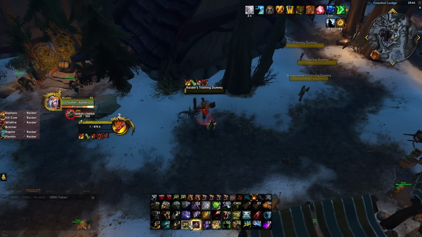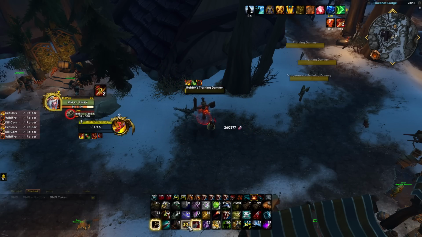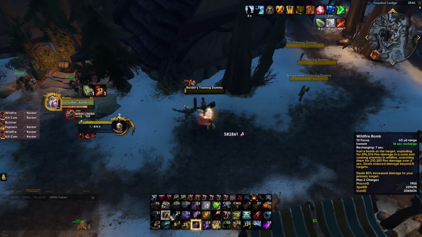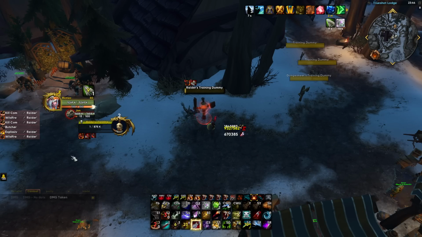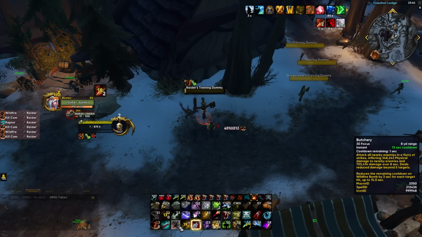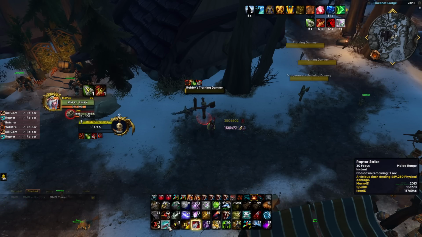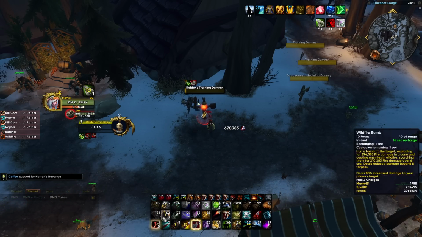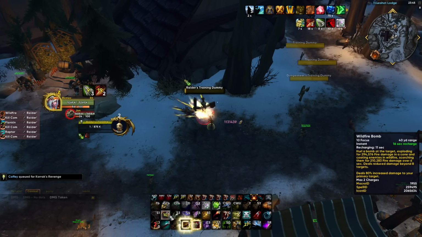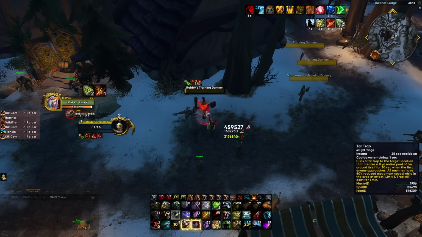Into explosive shot. Into a kill command, into a wildfire bomb, into another explosive shot, into apply this, into kill command, into a wildfire bomb, into another kill command, reapply my serpent sting, kill command, wildfire bomb, butchery, raptor strike, kill command, raptor strike, into another kill command, into a flanking strikes, into a kill command, into a wildfire bomb, into a butchery. I want to buff this with my tip of the spear, so you can kill command, and